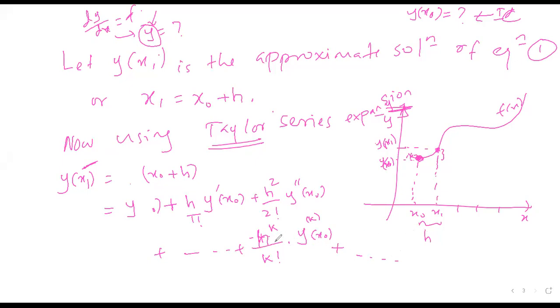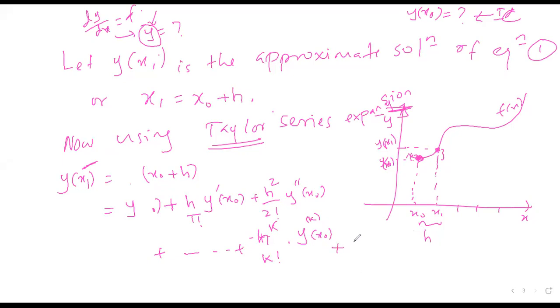Therefore, we are writing up to the kth term, and then we are writing the error terms, because we are approximating. It is going more and more to the nth. So we are writing up to the kth point, and all the other terms as the